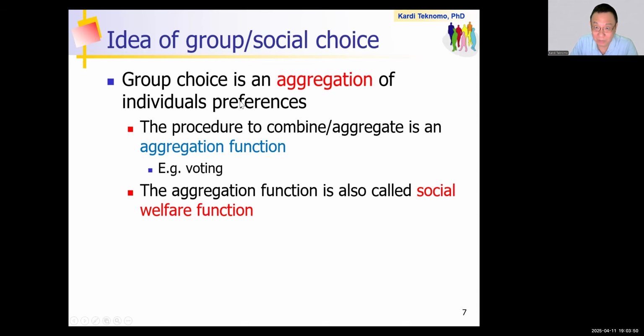So group decision or group choice is basically an aggregation, summarizing the individual preferences, isn't it? A group consists of individuals. Depending on what aggregation function you use, we often call this a social welfare function. That's just the jargon. The next jargon that I want to discuss is about